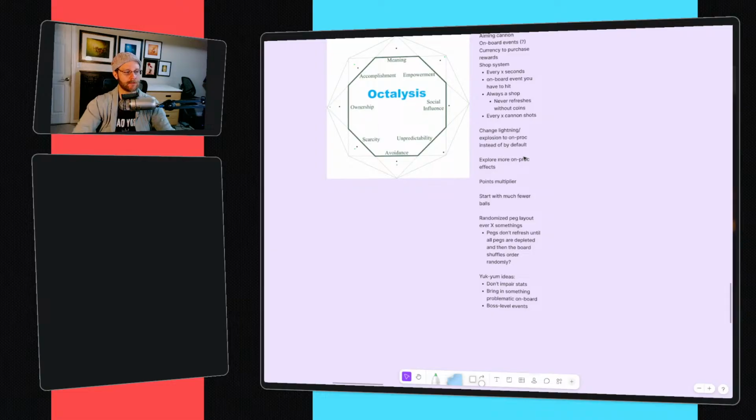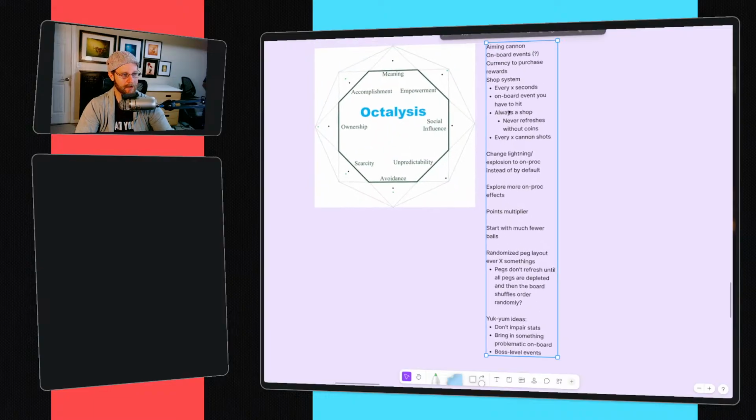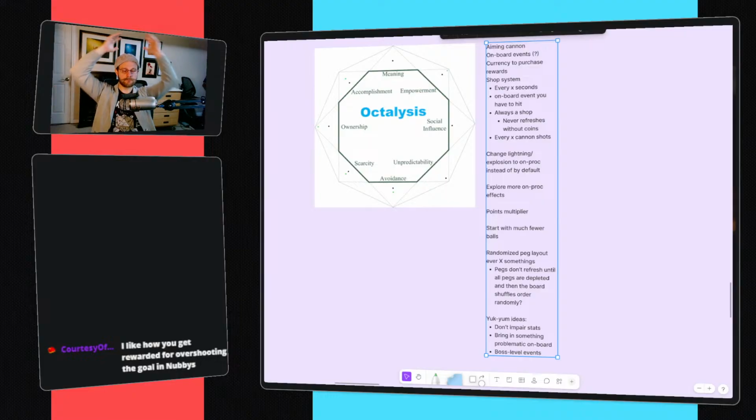The biggest question mark I have, like I'm pretty much sold on every idea in here, the only thing is how does the shop system work? Like how you get rewarded for overshooting the goal in Nubbies. I do as well, but